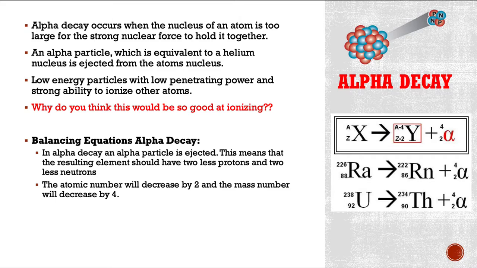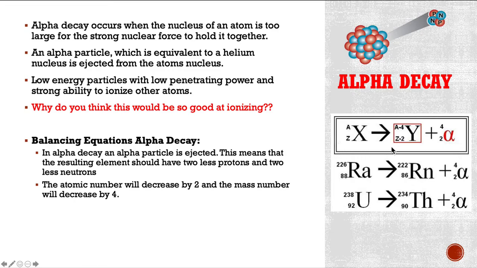And now that other atom is an ion because it's lost some electrons. So that's why we consider alpha decay to be very ionizing. Each particle would pull 2 electrons to balance out its +2 charge off of something else in its environment. So when we talk about balancing equations with alpha decay, we need to first kind of look at the anatomy